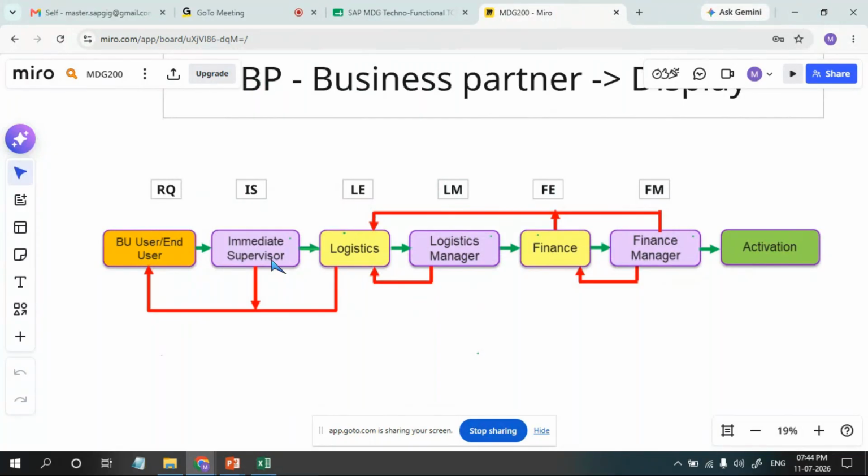I can treat them also as techno-functionals, because